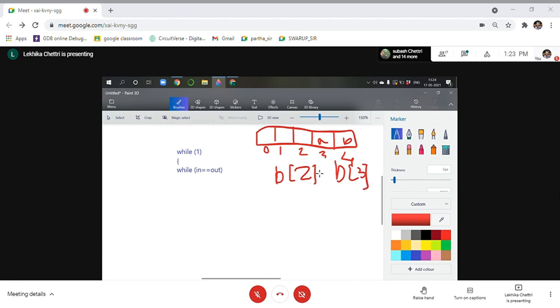Are these values equal? Definitely not. Okay, so that means my buffer is not full, because see here, my next free is this one. ये मेरा पहला free है, लेकिन ये मेरा पहला full है. दोनों अलग अलग है. तो इसका मतलब है there is something in the buffer.